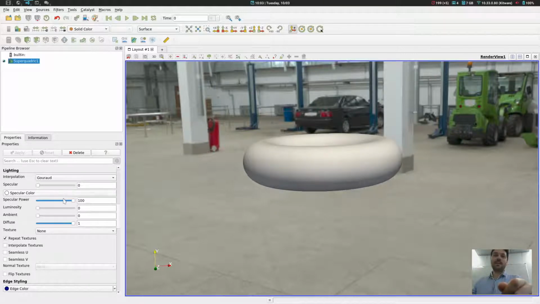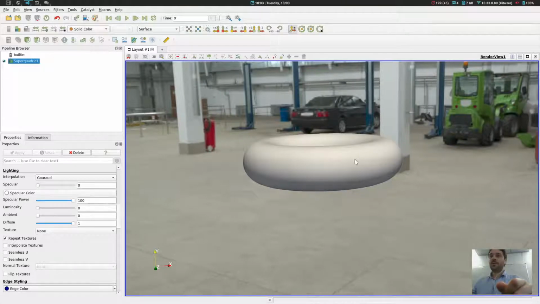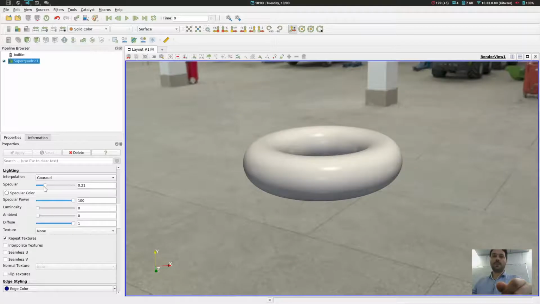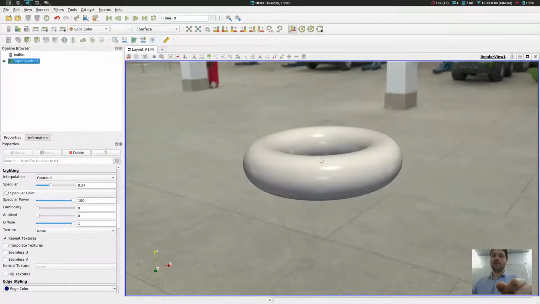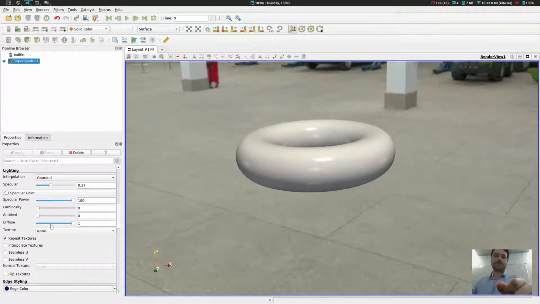So basically, you have three main properties: the specular, the ambient, and the diffuse properties that will let you modify the material effect of the light on the surface.